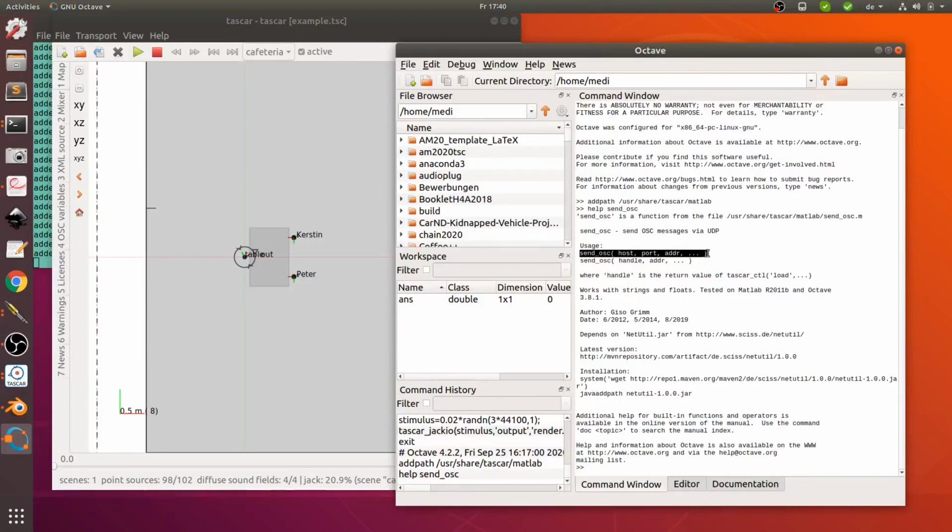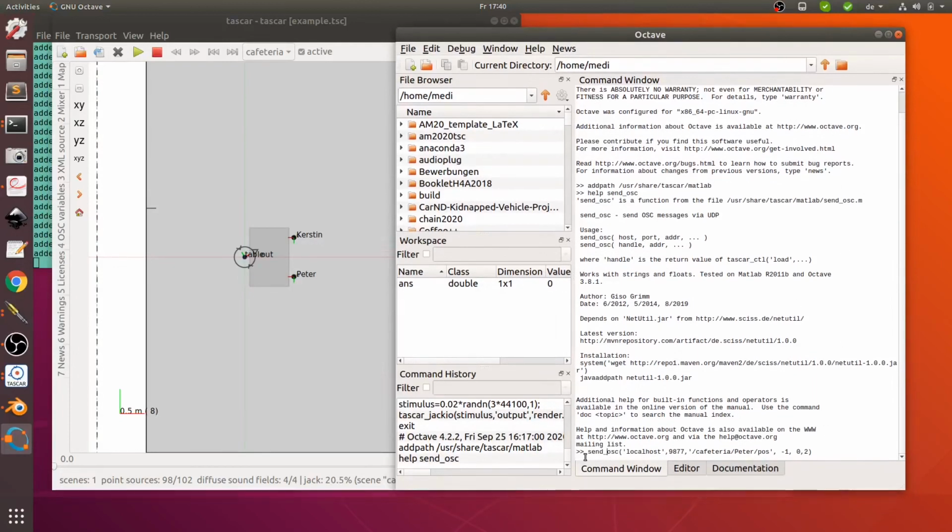As you can see here, we have to specify the host, port and address, and it's not very hard. So here we can see the command send_osc. The host and the port are usually those two default values. So we have localhost and the default port number, and the next thing which we have here is the address, and this address is the address of the parameter that we want to influence. And to check